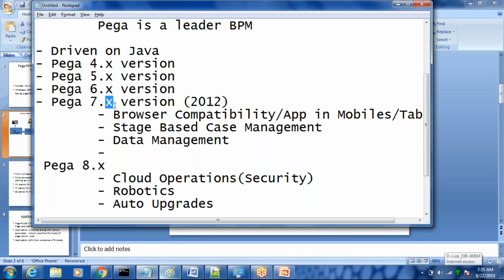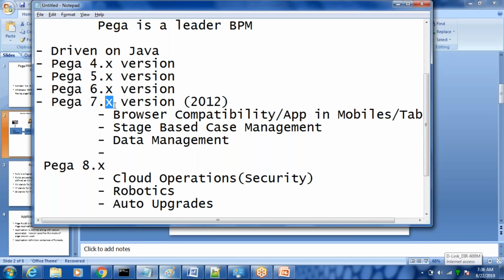For every subversion move, say your application is on 7.1 and you want to move to 7.2, you have a separate procedure to do this. In order to do this, you need certain approvals from your management, who are going to say let's go for the 7.2 version. It's not like you simply click on something and it will go to 7.2. There's a separate procedure which we have to follow.